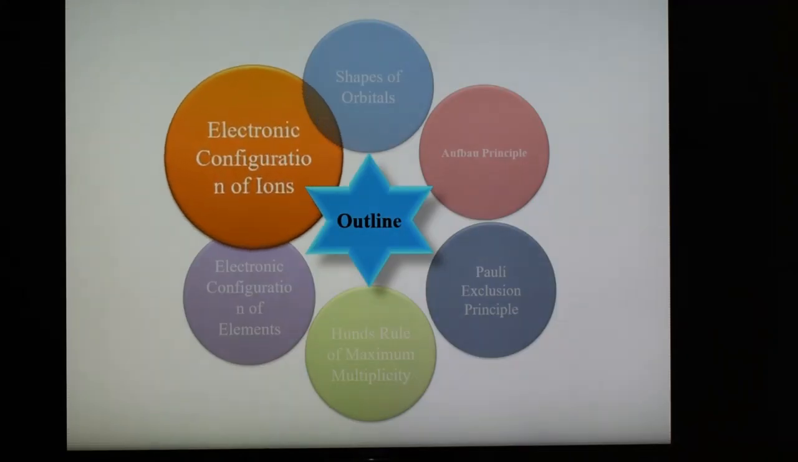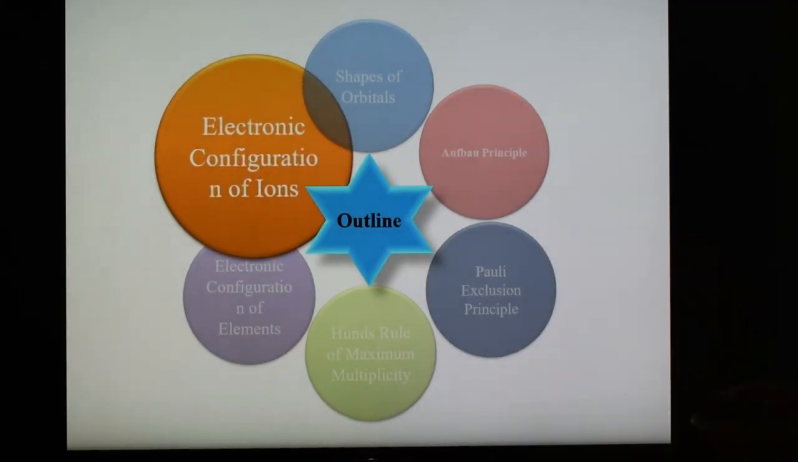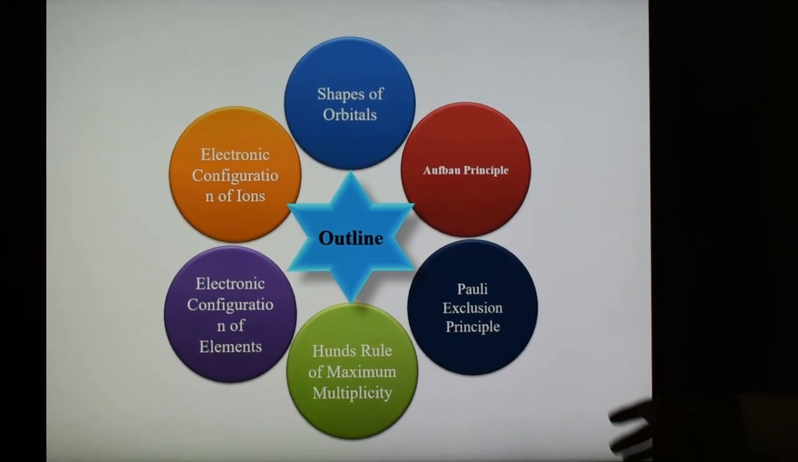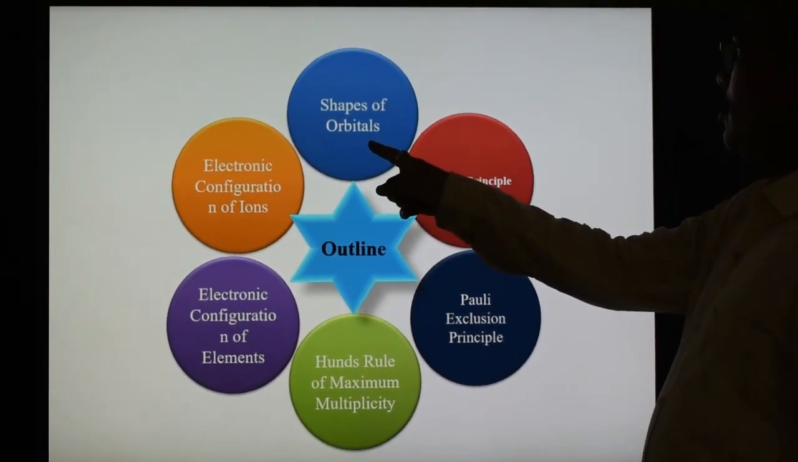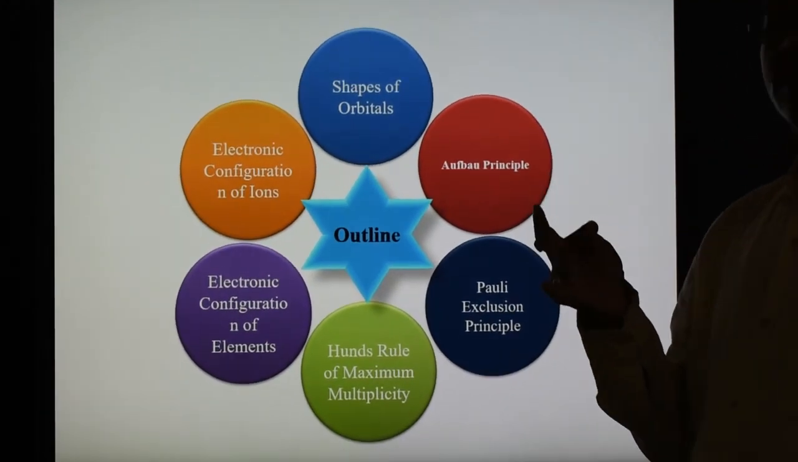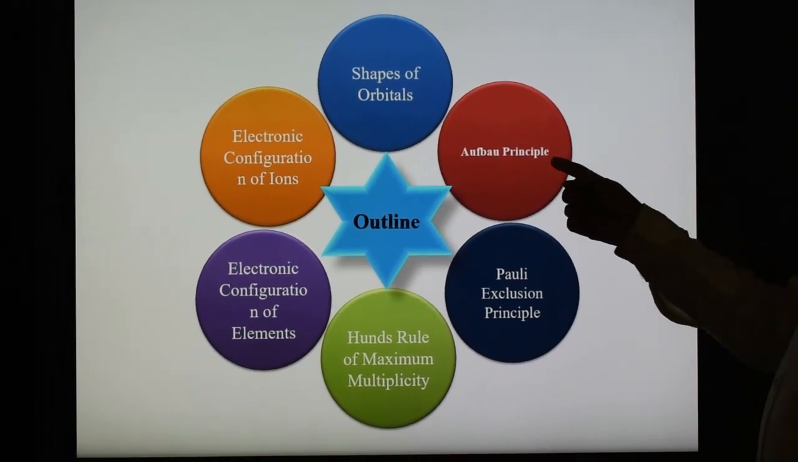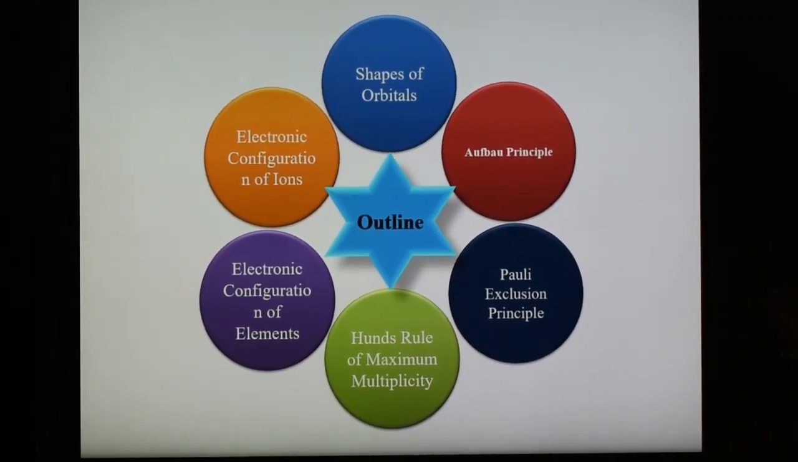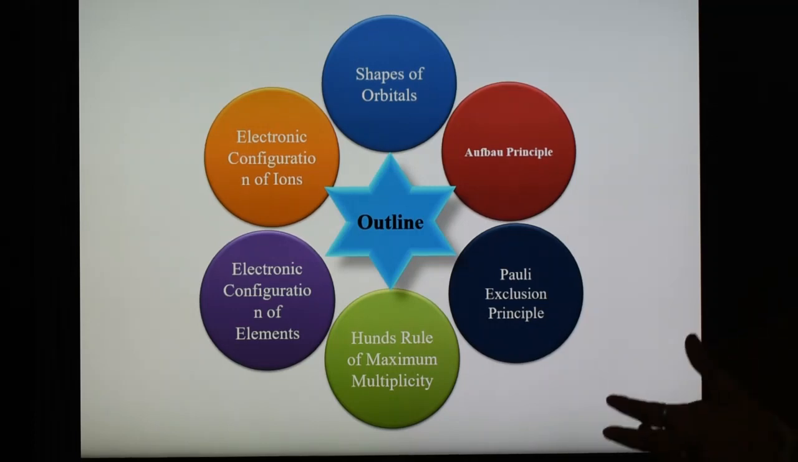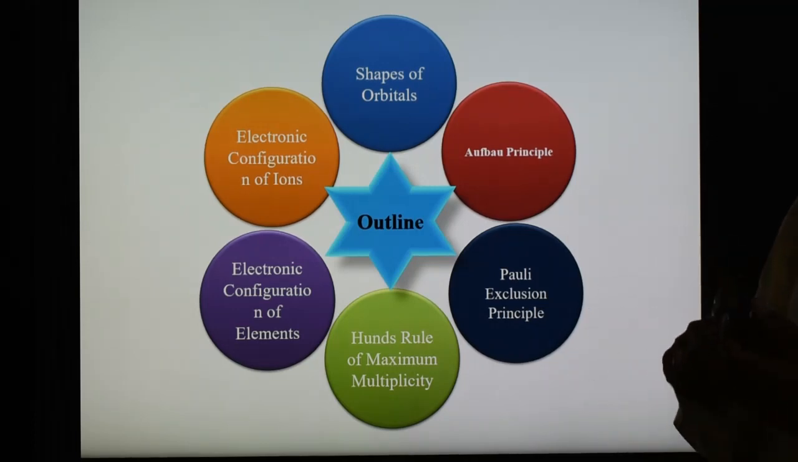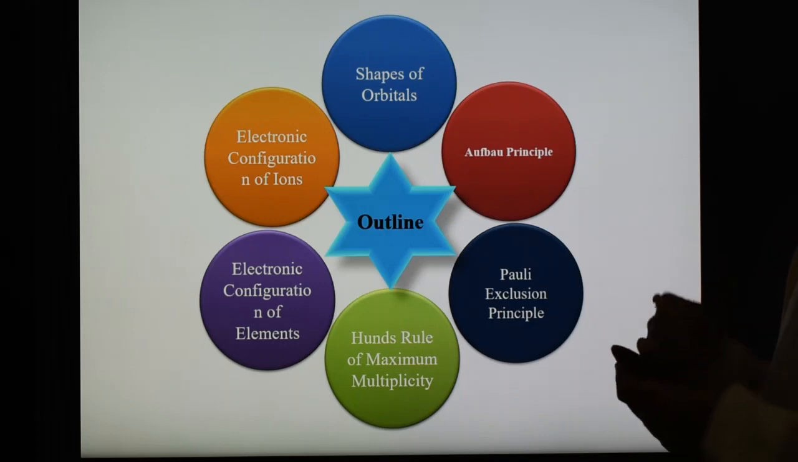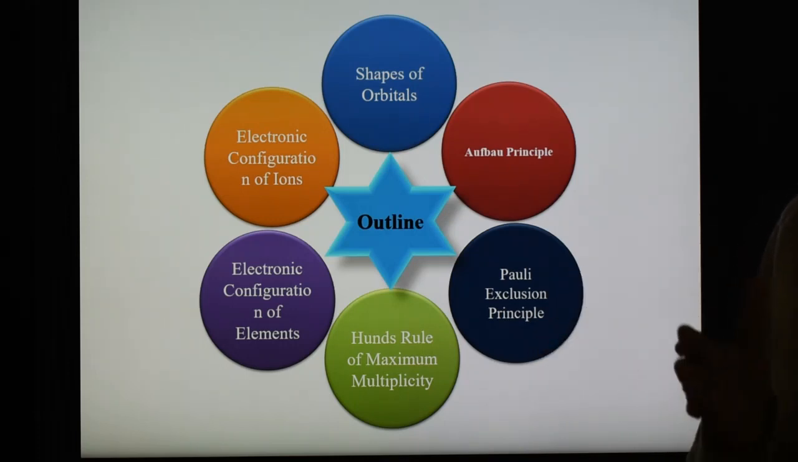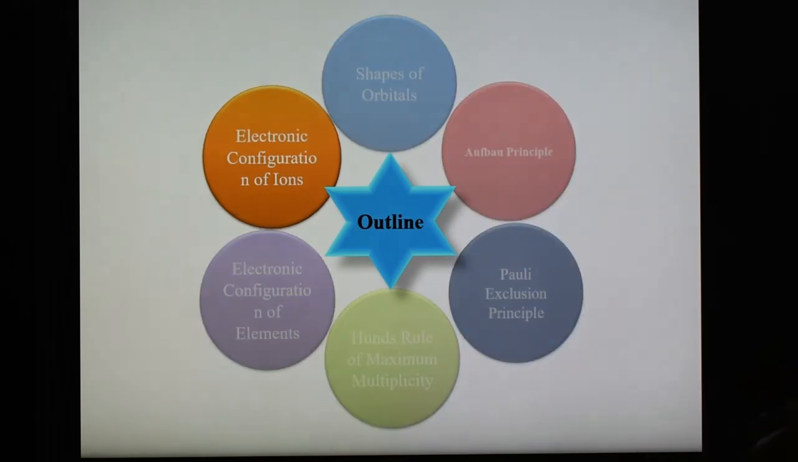So here the outline of the discussion is: the shapes of orbitals, s orbital, p orbital, d orbitals, and after that Aufbau principle, after that Pauli principle, after that Hund's rule of maximum multiplicity, and then electronic configuration of the elements, first row, second row, third row, and fourth row. After that the electronic configuration of positive and negative ions. So first part is now